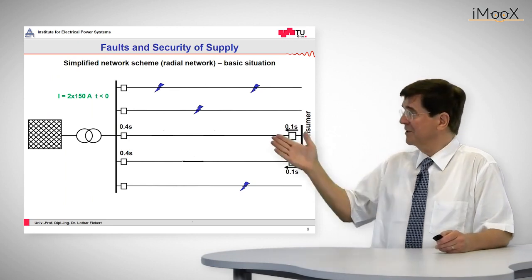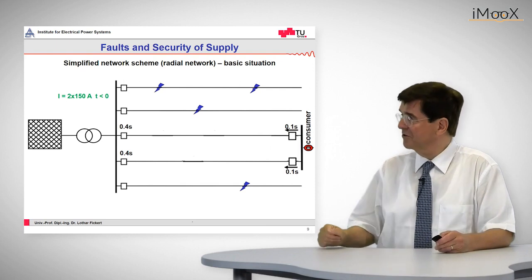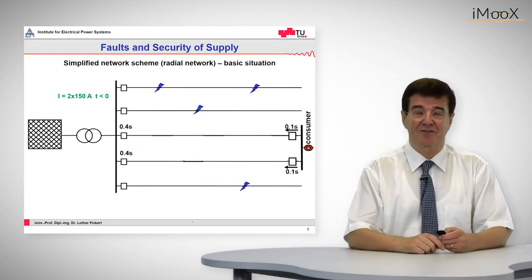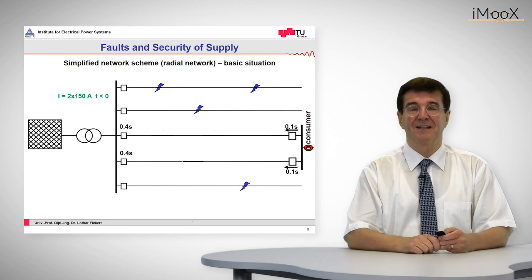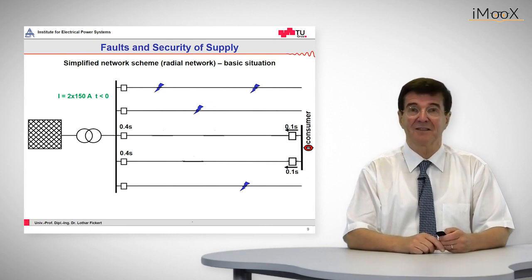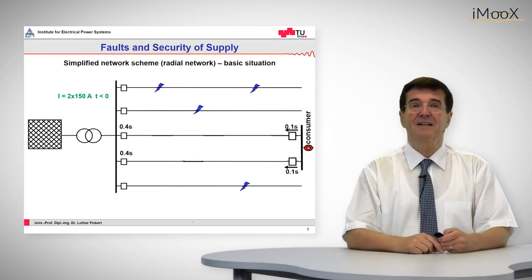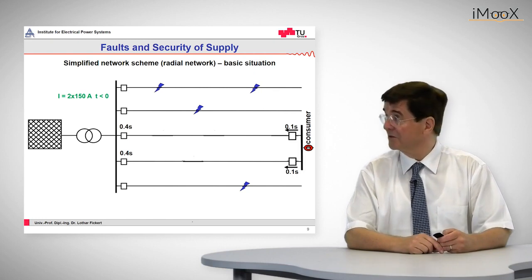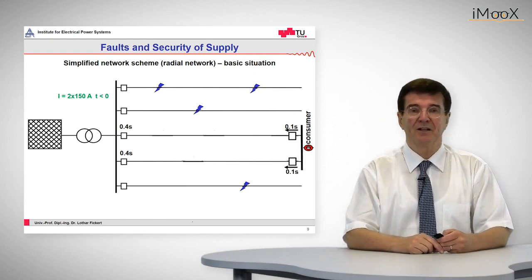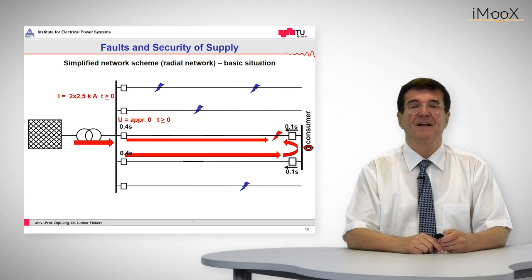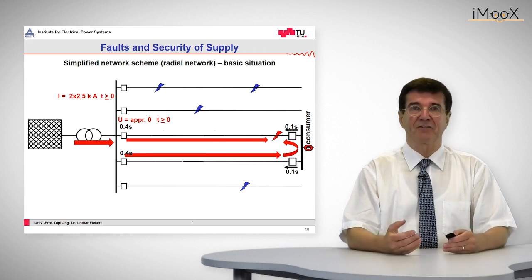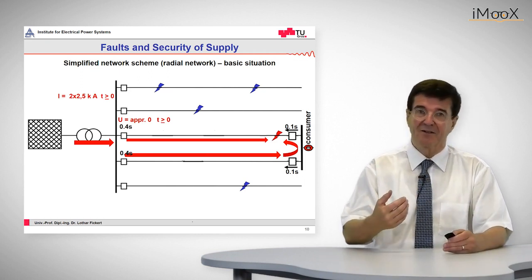So we have the ring structure again, and please note that the protection relays at the right side, at the consumer side, have this arrow indication, the direction indication, and they have a very low time setting, 0.1 for example. So if now a fault occurs, we have the fault current of 5 kiloamps entering the medium